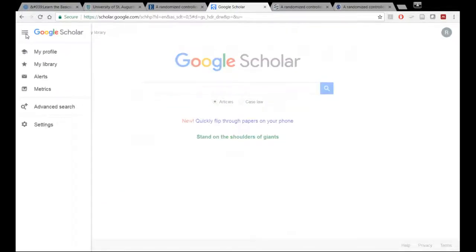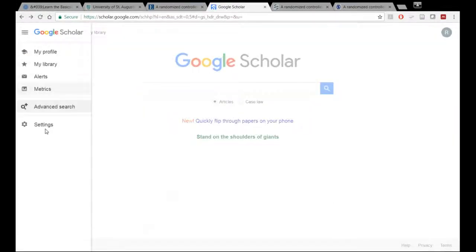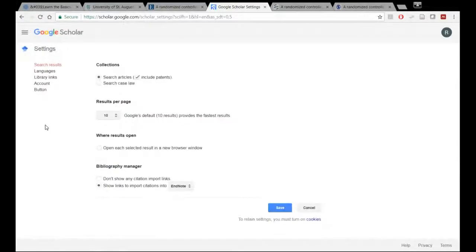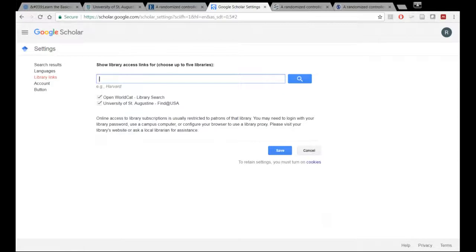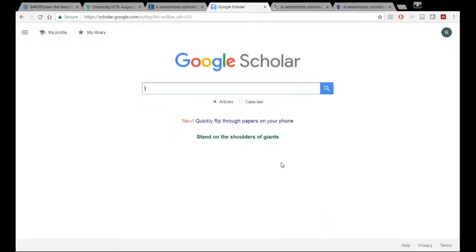You'll go over here to the options. See these little three lines here. You go to, excuse me, that's the wrong one. Go to settings. And then in settings, you go to library links. And then in library links, you'll just look up the University of St. Augustine. And I already have it marked, as you can see right there. Then you would click Save,